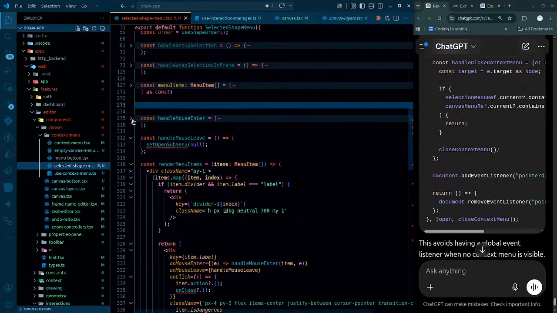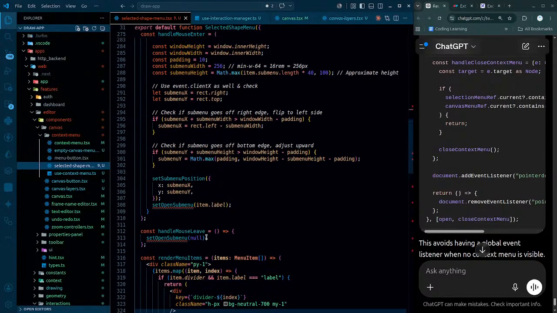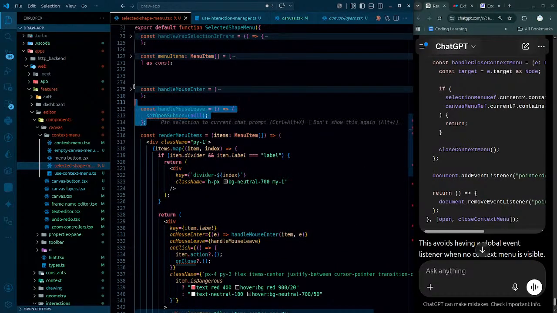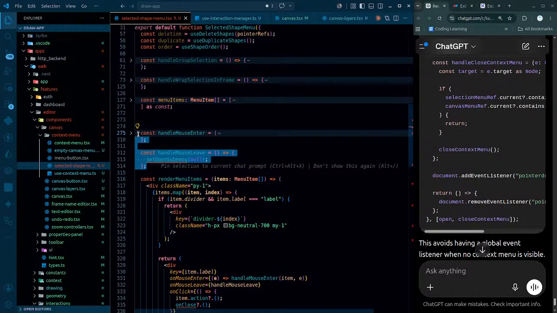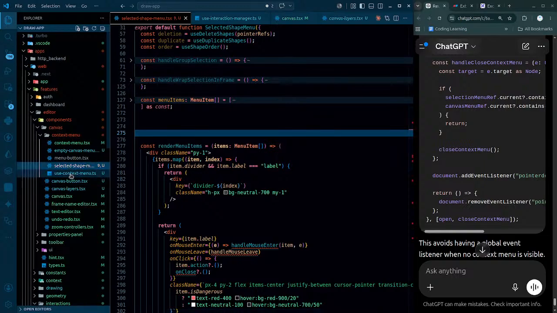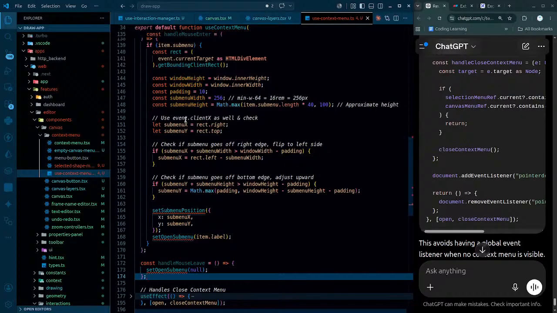Then we have mouse enter. The thing is that the mouse enter that we actually have, should I keep it here, or should I actually keep it inside context menu? Let me see. It should actually be part of context menu itself, so no problem as such. Let me see. I'm actually gonna keep it inside cut, and this is actually gonna be kept inside use menu context. Let me try keeping it here, and